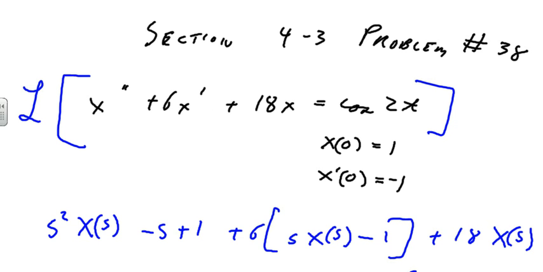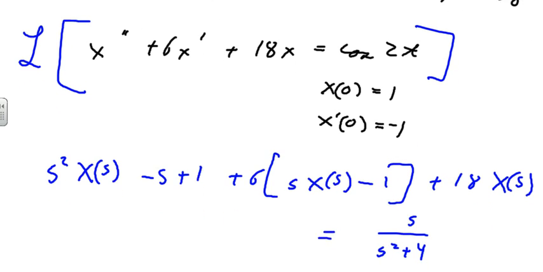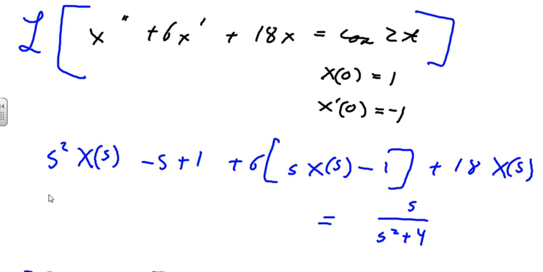We're going to be solving problem 38 from section 3.3-4. We have a differential equation, x double prime plus 6x prime plus 18x is equal to cosine 2t with initial conditions as shown. We're going to take the Laplace transform of both sides of the equation and come up with